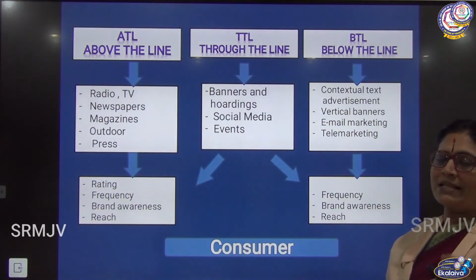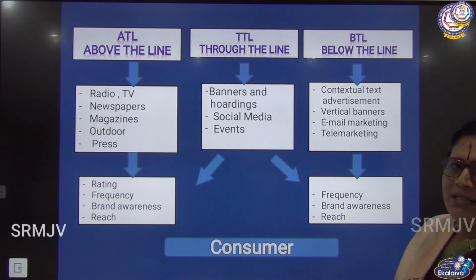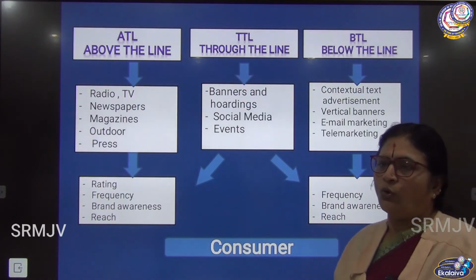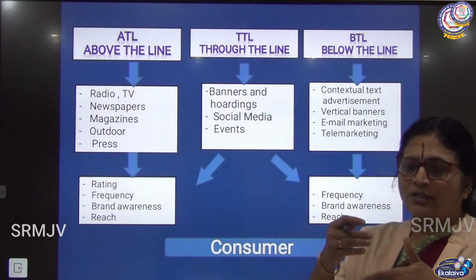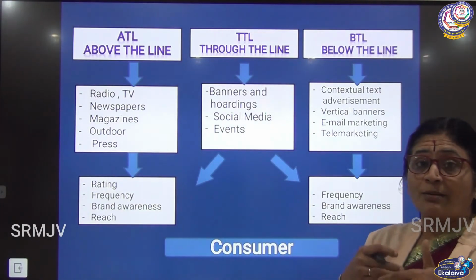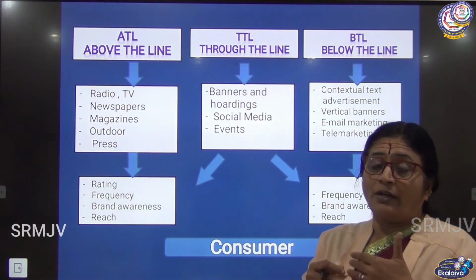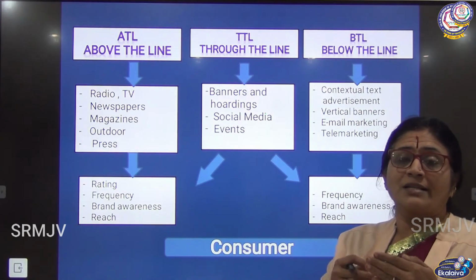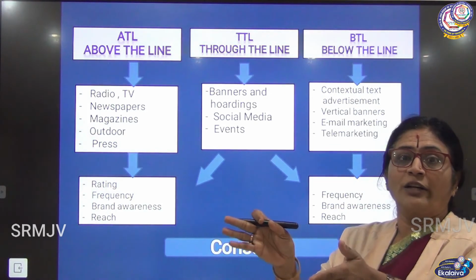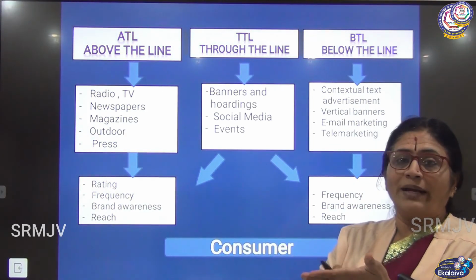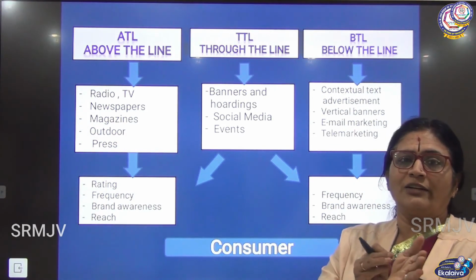You find some mails coming to your personal ID. The moment you go, they'll give you a card and ask you for an email ID. Then they'll say, okay, this is the offer. They may have some contest also, a Christmas contest, and then you'll have winners. In front of supermarkets, you will find a two-wheeler or even a four-wheeler standing. If you buy for 4,000, we'll give you a coupon.